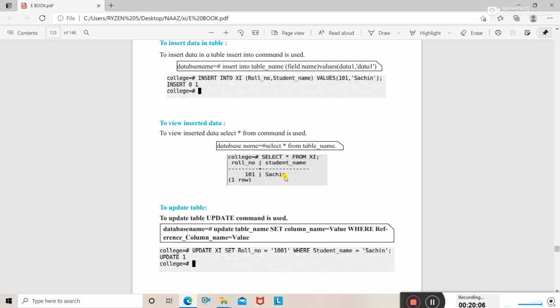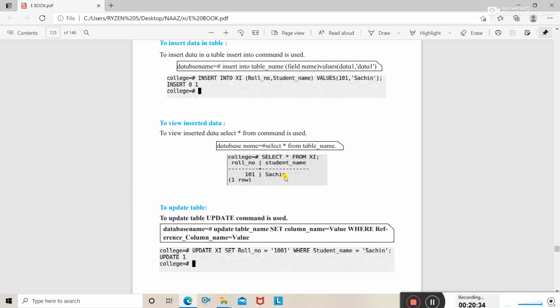Now how to update the record, how to edit a record in the table. To edit a record in the table, we use the update command, update and set. The update command is used to specify that we are updating a table, and it is followed by the table name. You have to specify the table name where you want to update the record. Then set is used to specify what changes you want to make.